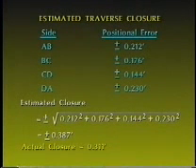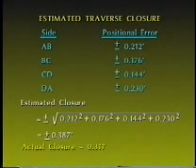In this problem, we know the positional error for each side of the traverse, and we can therefore determine the positional error for the entire traverse, or as it's more commonly known, the error of closure. Here I have calculated the positional error for each side of the traverse based on the data given. Since each of the values is different, we must use the error of a sum to calculate the total error